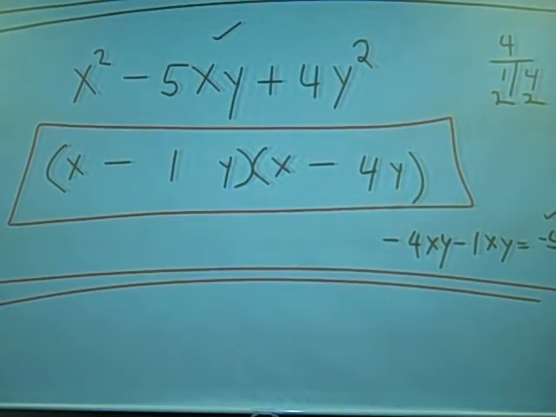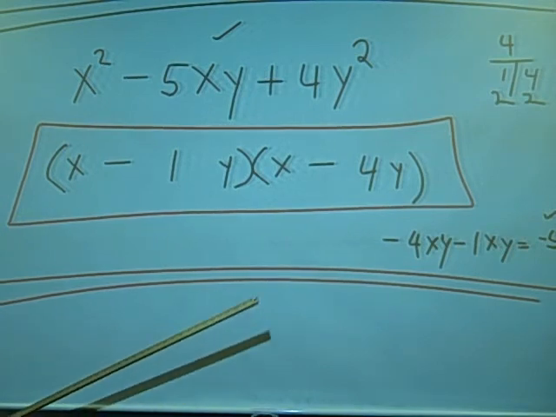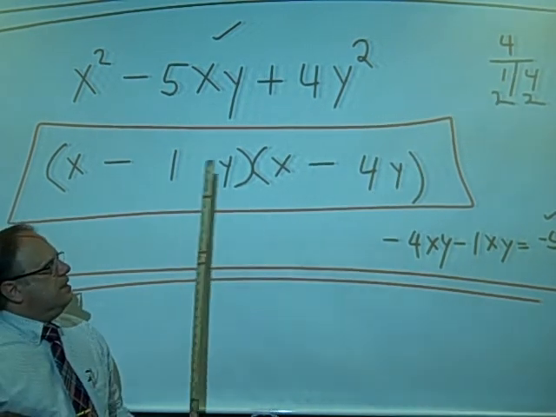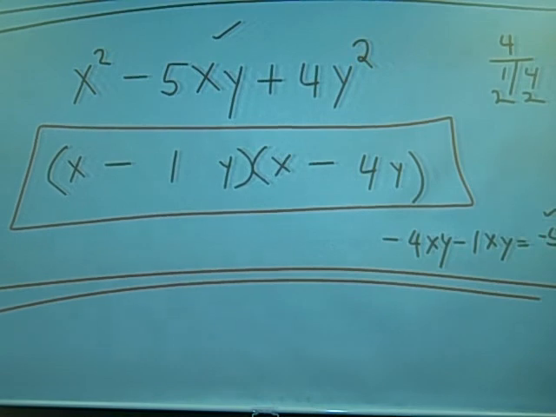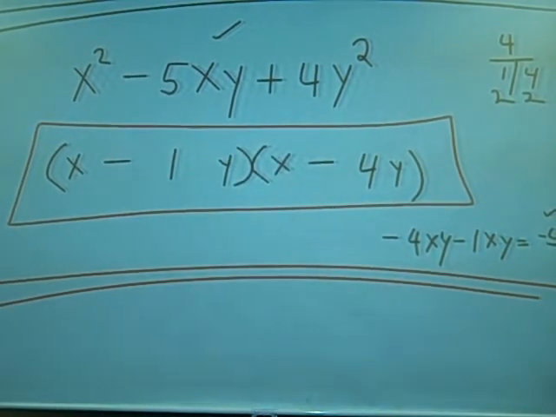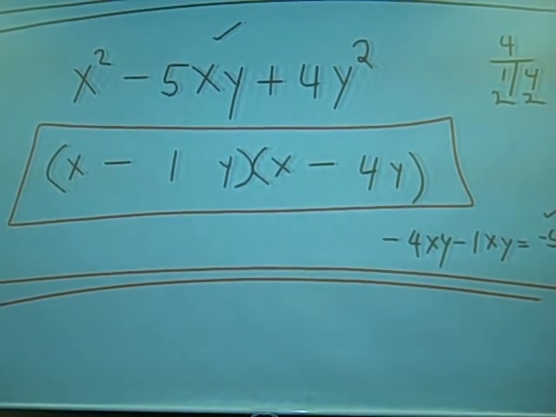So sometimes, this is an example where sometimes 1 and the number are the factors. All right, so that's why you have to write it down every time, because sometimes it's just